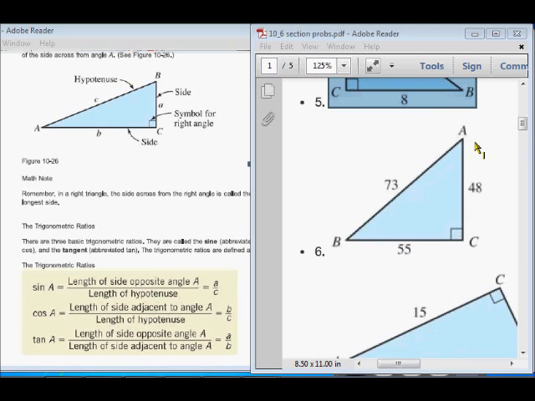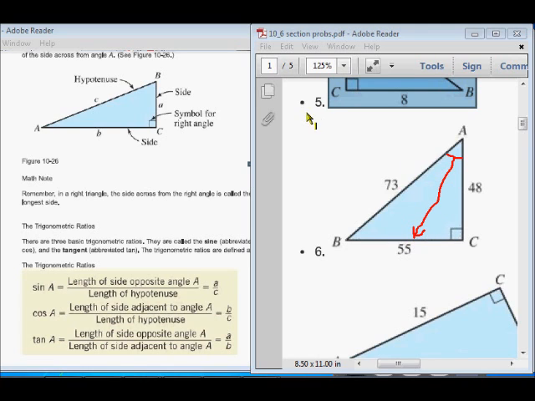So we're going to be looking at this kind of like it's flipped a little bit, but that should not be a big deal. Okay, here we go. So we're going to need this right here, and we're just going to be substituting numbers in. The length of the side opposite of angle A is going to be